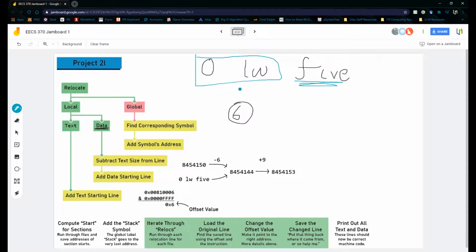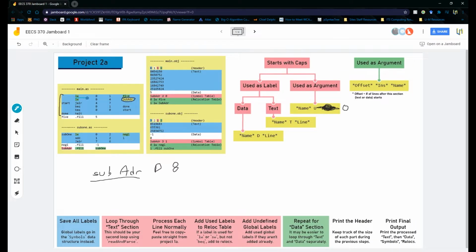So we can use these to get the original line that called 5 in the first place. Because it is LW, it must be text. So we would go to the 0th line of text and get 8, 4, 5, 4, 1. The first time we ran through the assembler, it took this line and turned it into